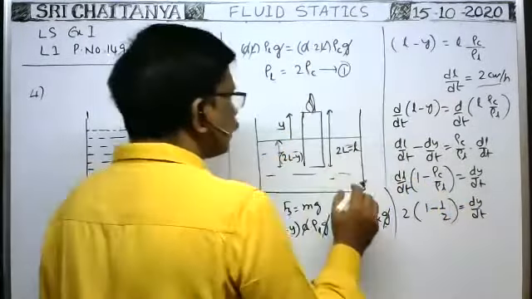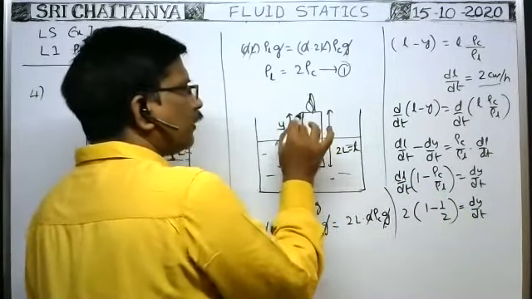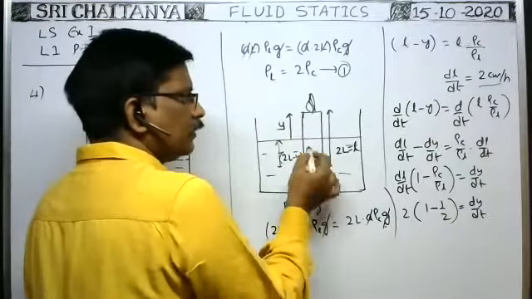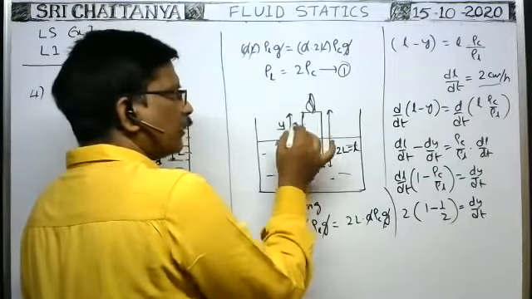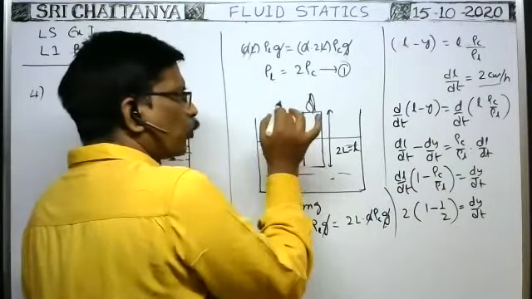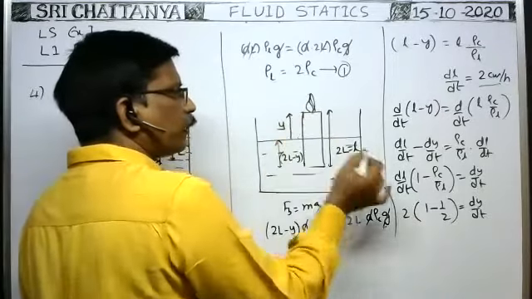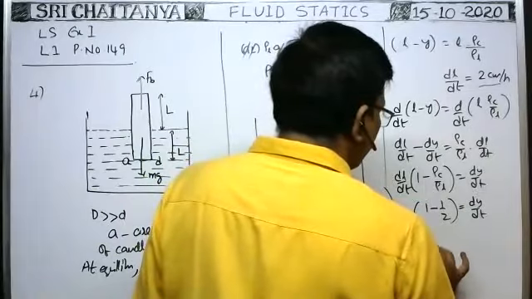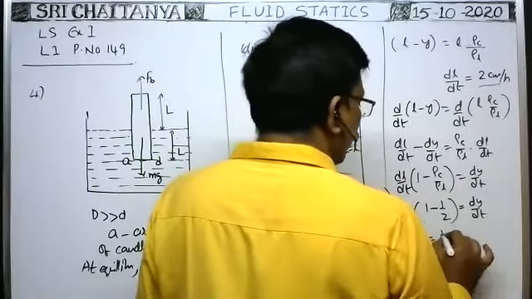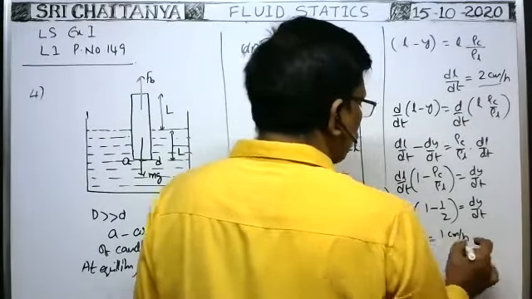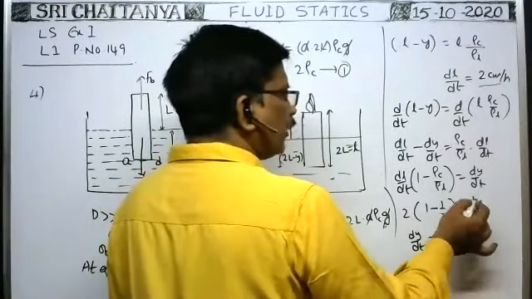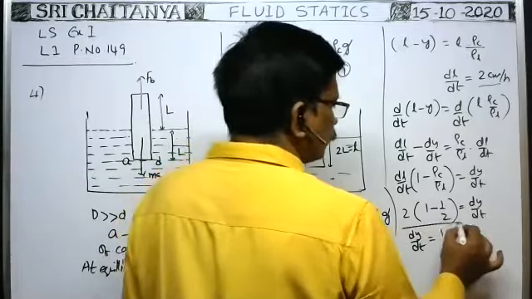dy by dt means at what rate the height of the candle changes, because height of the candle above the surface of the water is y. So at what rate it changes due to melting, that means dy by dt. That is the question they ask. So dy by dt is equal to, I think, 1 centimeter per hour only, because we substituted dL by dt in centimeter per hour. So you will get dy by dt also in centimeter per hour only.